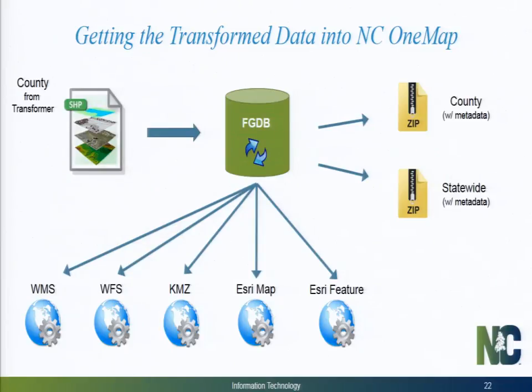So we grab the data. It is in county shapefile format. This is the one part that we really haven't devoted a lot of resources to, how to crack the nut on fully automating it. We have a very dedicated person who goes out based on that email and grabs those shapefiles, and we throw them on our server, and then we have other Python scripts that run each week to extract that data out